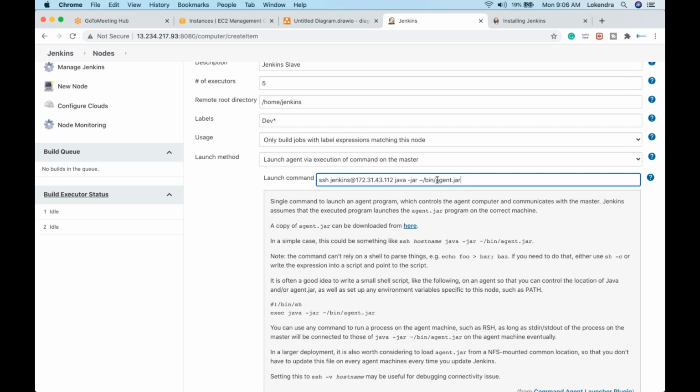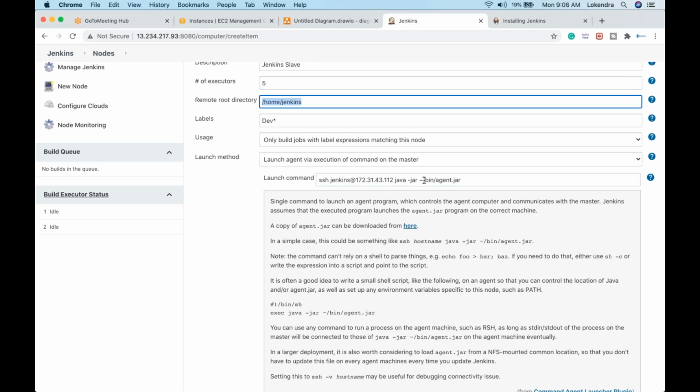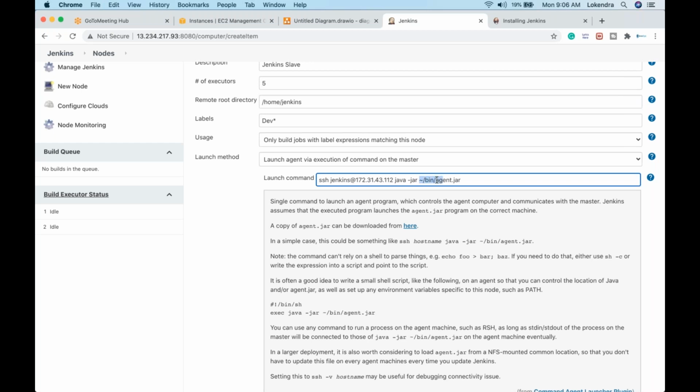But guys, we do not have this agent.jar available on the server, so obviously that will be a challenge for us. So what are we going to do? I have specified the command: SSH jenkins@ the server IP, this is my Jenkins slave server, then java -jar /home/Jenkins/agent.jar. That jar file is not available there.